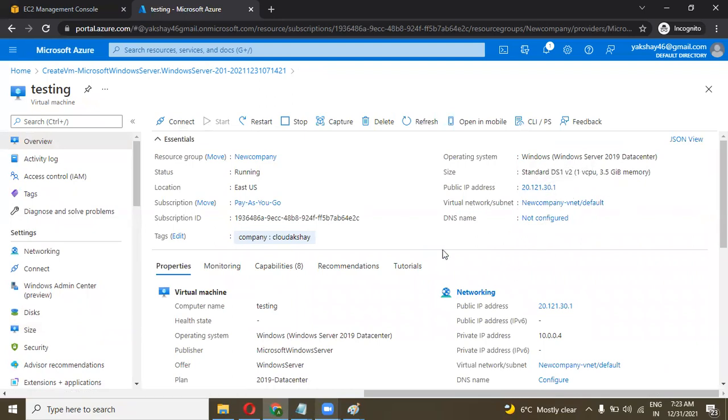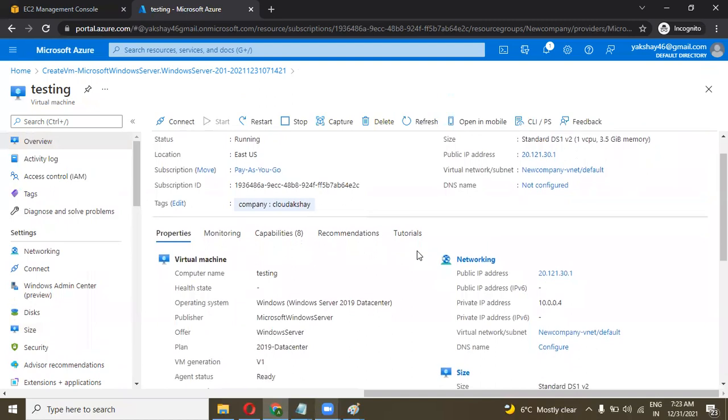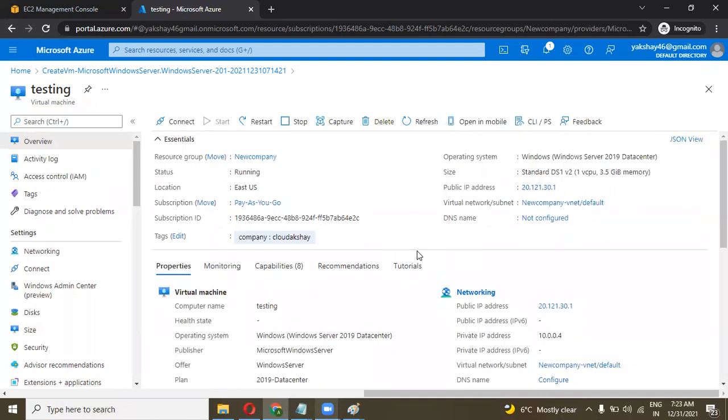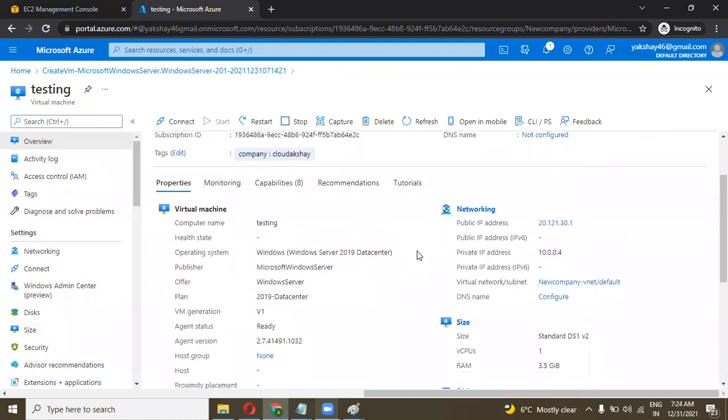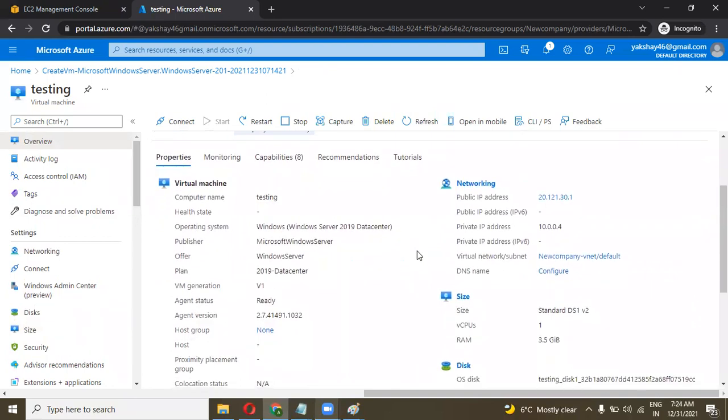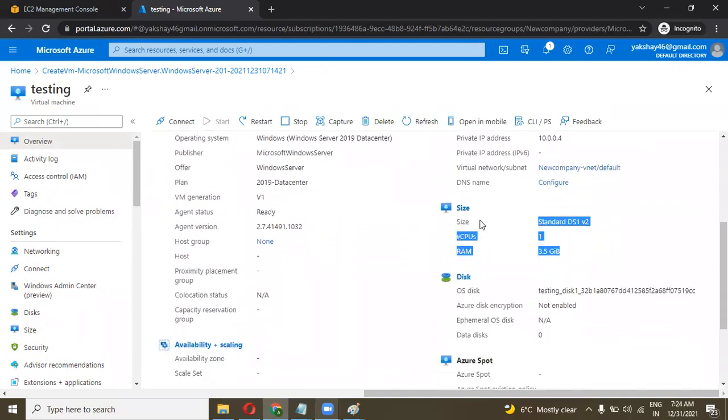I have this IP right now and subscription, all the things. You can see here the size. If you want to upgrade or downgrade this machine, then you need to go into the size here.